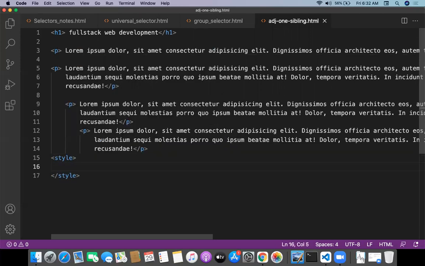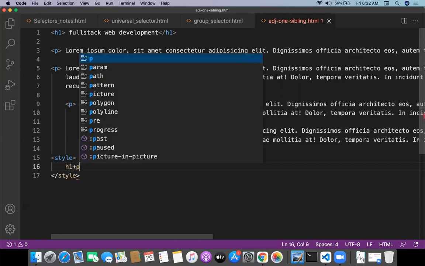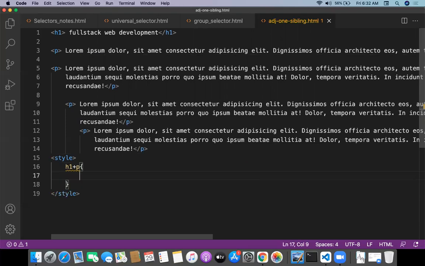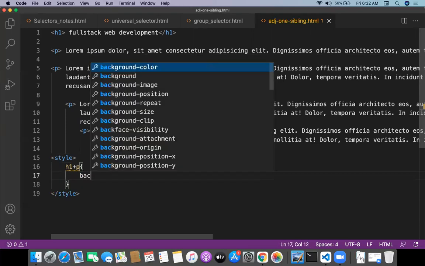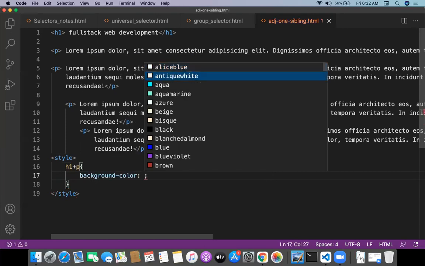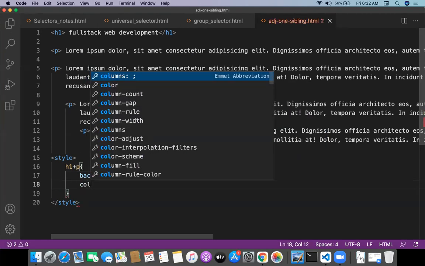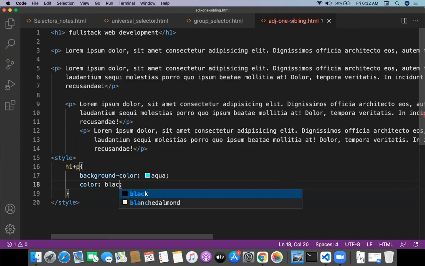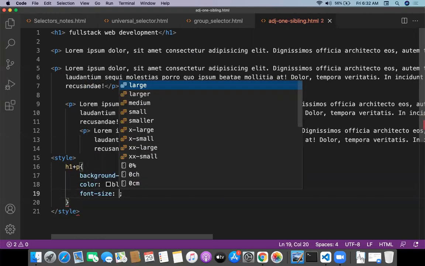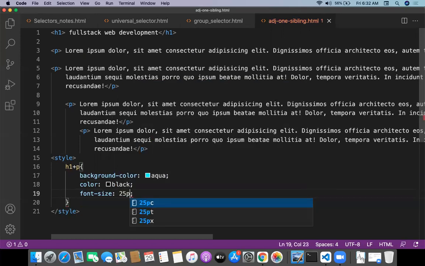Style open, style close, and write h1 plus p. After the h1, only one paragraph needs to get selected. The background color of the h1 is aqua, the color of the paragraph should be black, and the font size something like 25 px.